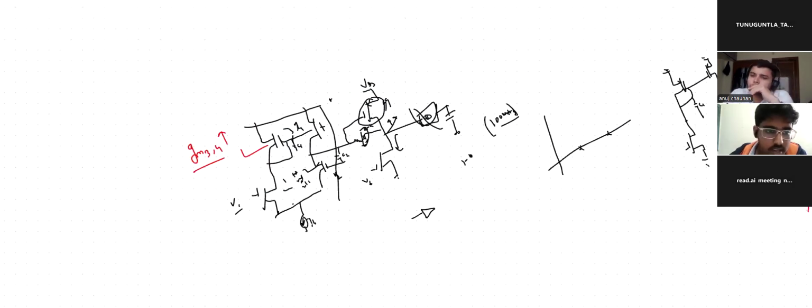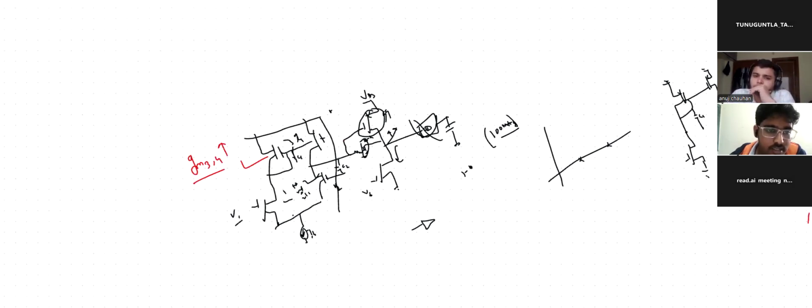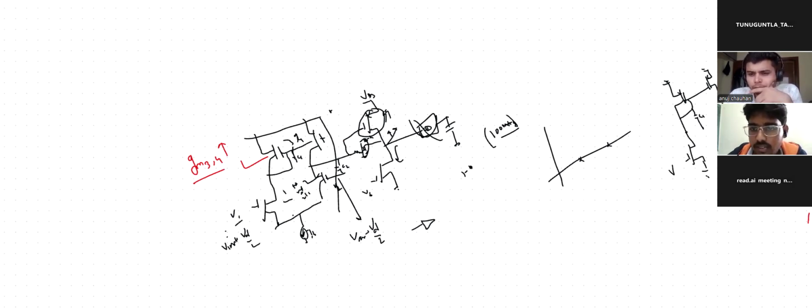I am assuming my V1 as some common mode voltage plus differential mode voltage by 2, and V2 as common mode voltage minus differential mode voltage by 2. So my V1 will be VD by 2 and V2 will be minus VD by 2. Now the current flowing in this MOSFET, assuming ideal gm for both transistors, I1 is equal to